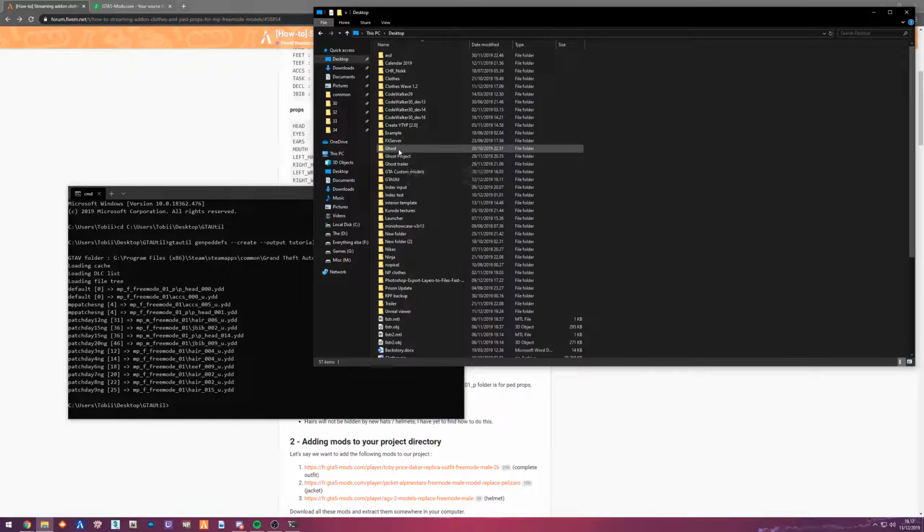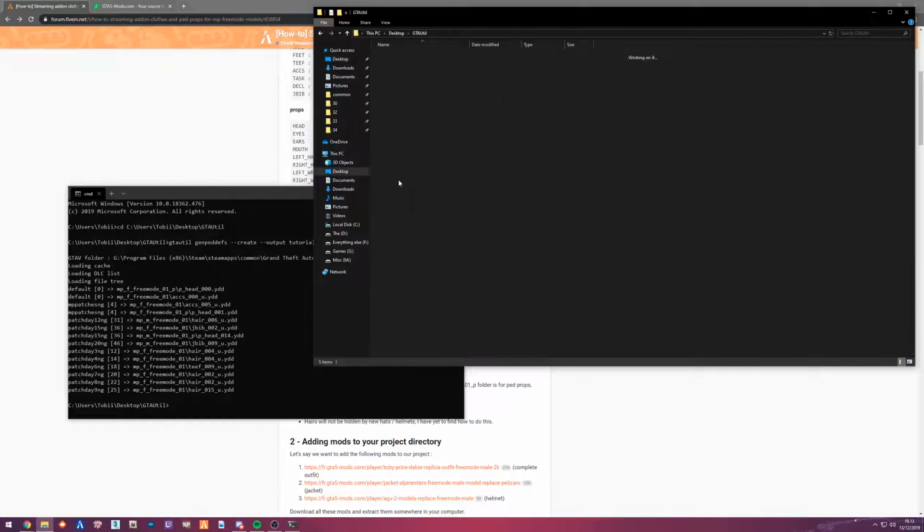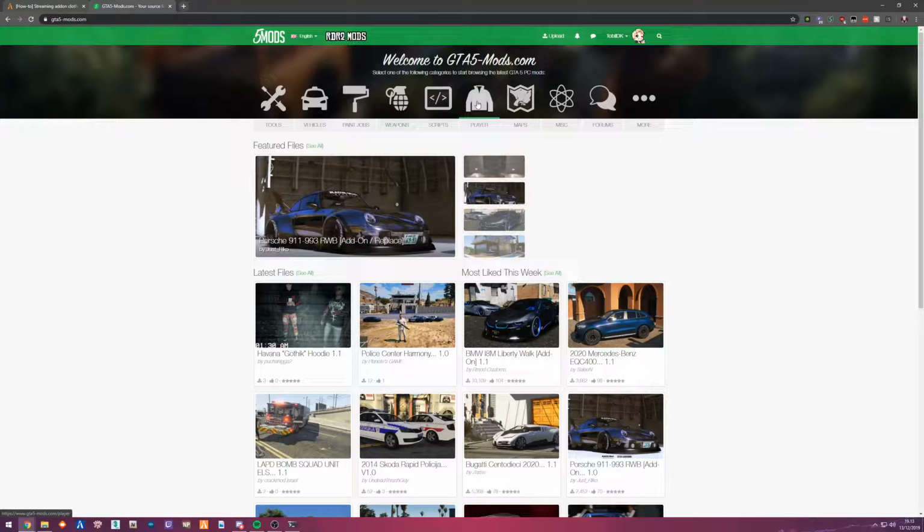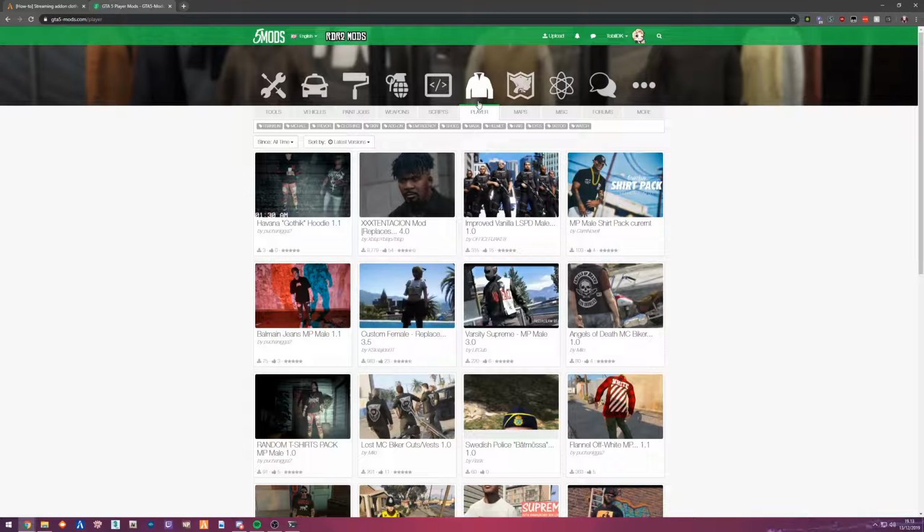So we're going to go back into GTA utility. You can see we have the tutorial folder. It's going to have these 4 folders and these 2 files. So what we want to do is go to GTA 5 mods. I'm going to go to player. This is the same case. I'm going to be making a tutorial on how you do